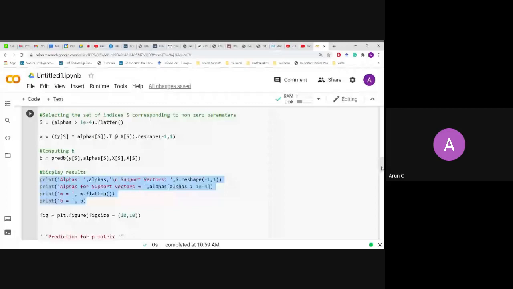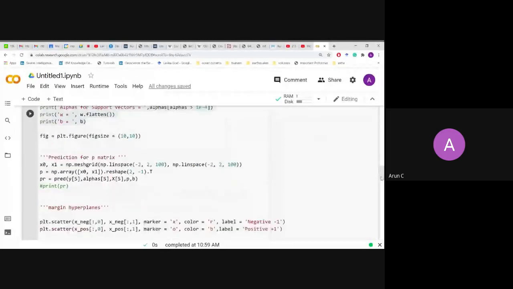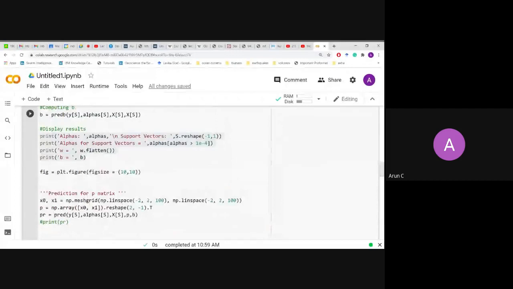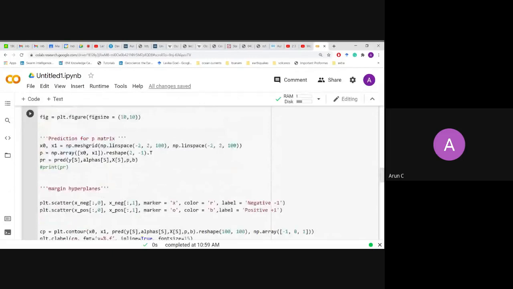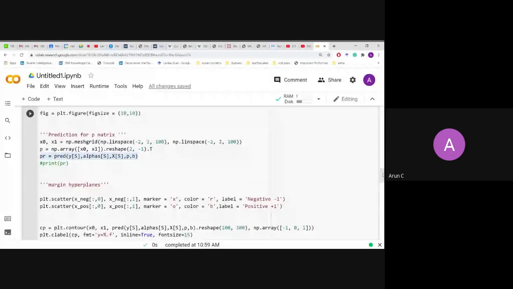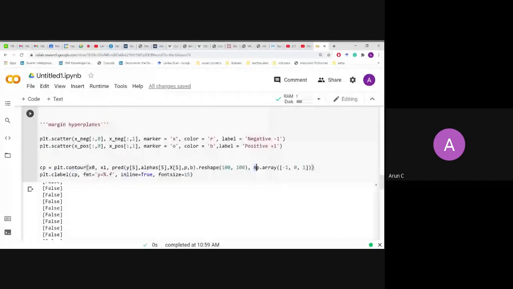You can just mute it as well, I mean to say you can comment this part. Then you are plotting the figure. What I want to show you here is that to draw the hyperplane, you can form a grid. On this grid, you can predict for each point the probability of falling into class 1 or 0. Once you get that, you can highlight all those values which are -1, 0, and 1. So in the grid, whichever point gives you -1, you highlight that point.